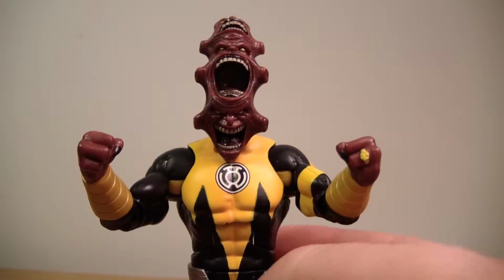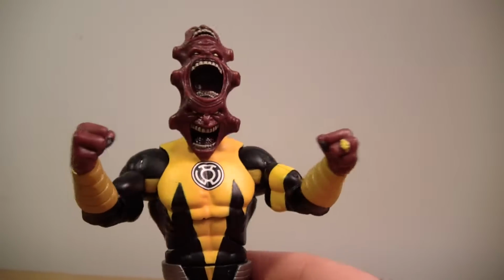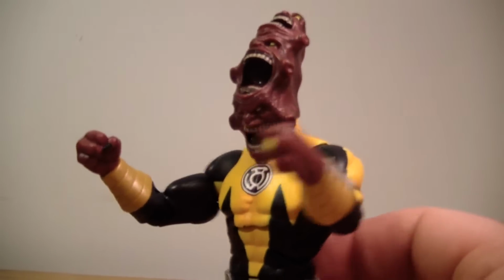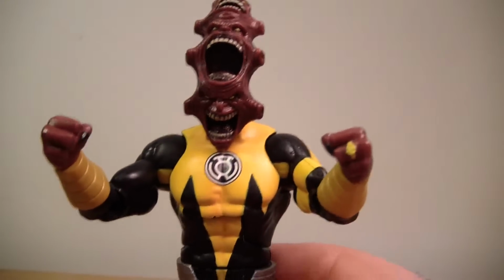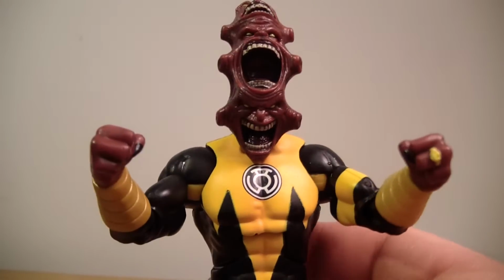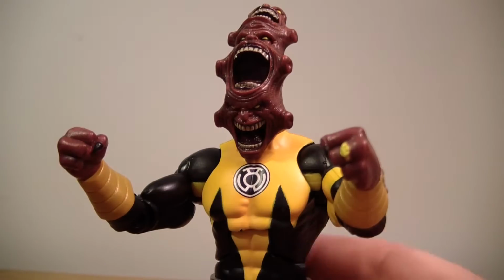I have him set up as Maash right now, and I'm probably going to keep him as Maash. Maybe I might try to find an extra body and just throw the Low parts on. But for now, I like the Maash look better for him. Plus the hands are really kind of a pain in the butt to take out. It took me a while to actually get these hands out for Low, but I can pop the